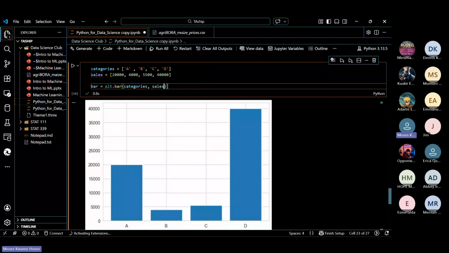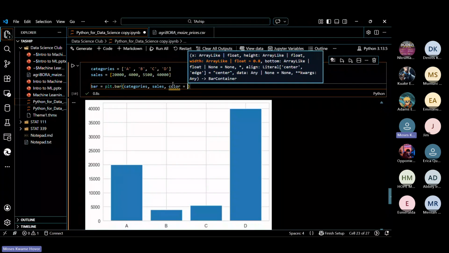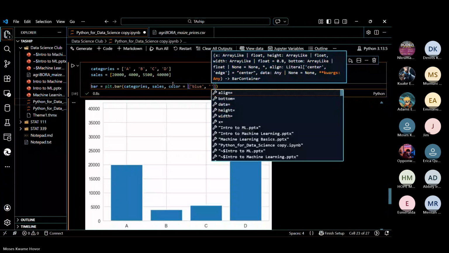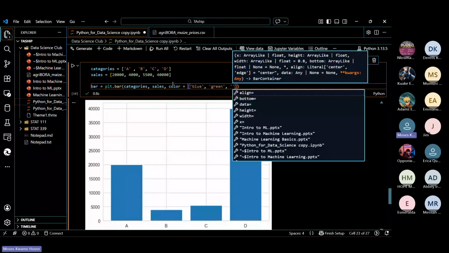We can further go ahead and customize it, give it a title, name the X axis, name the Y axis, and all that. So let's say I want to give color. I can say color, then a list, I can list my colors. Let's see, I have blue, then I have red.